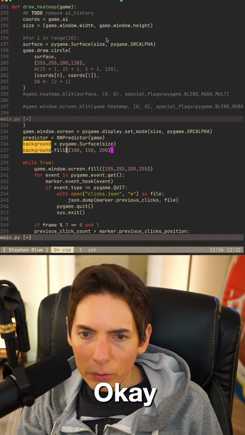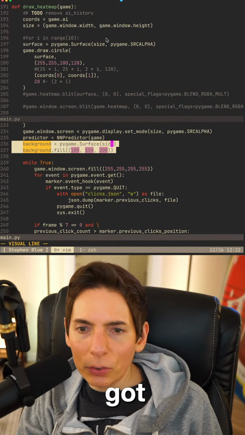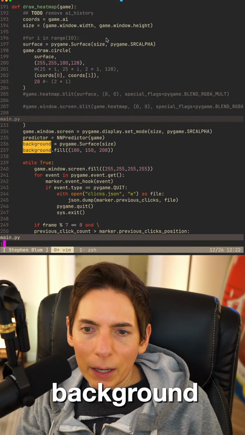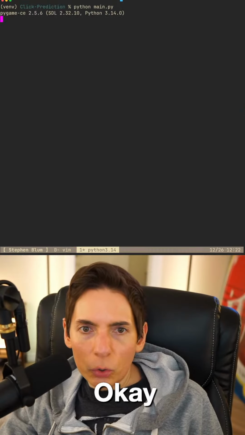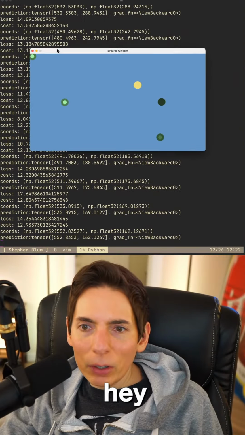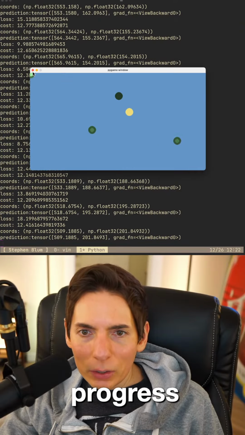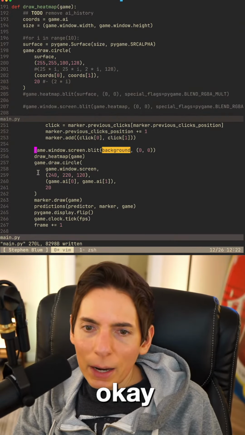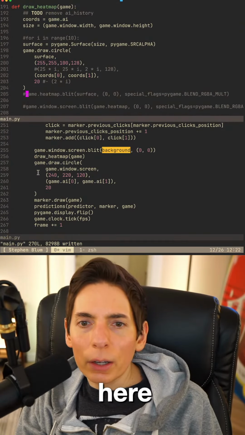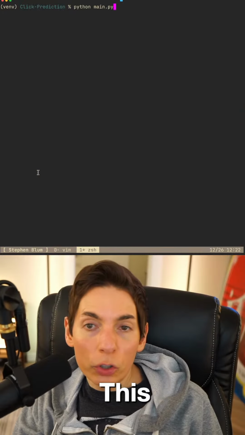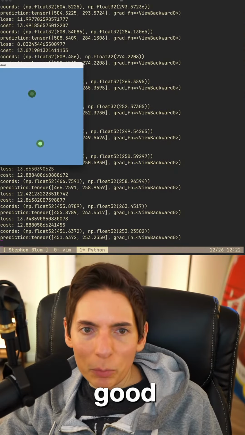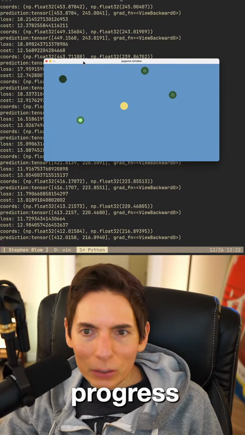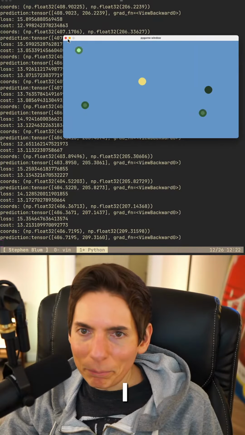Okay. Background.fill. All right, so now we've got a surface. That's just the background. And we'll see what that looks like. Okay. So, of course, it would be... Hey, there we go. All right, progress. Now, let's go up here. Let's try... This should also work, but nothing should change. All right, looks good. Making progress. Looking good. I like it.